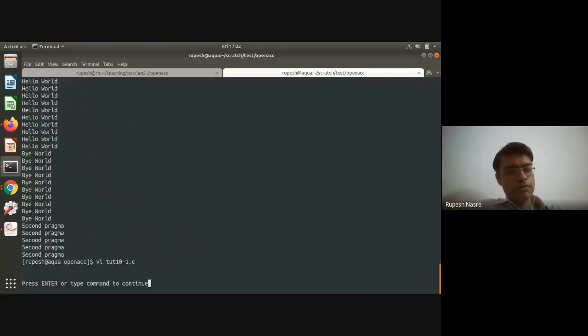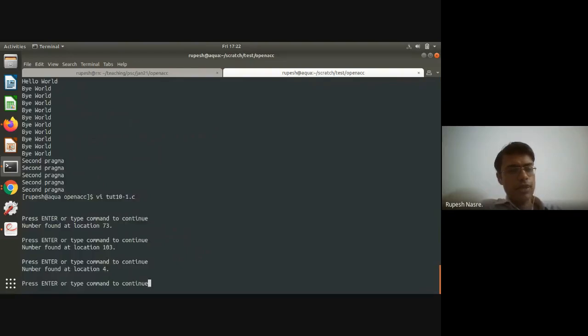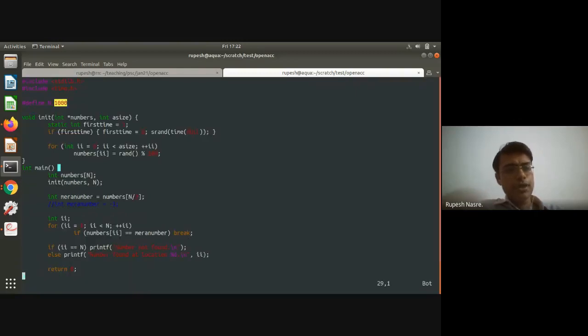So if I try to compile and run this code, it finds it somewhere, right? I can run it multiple times and it finds it somewhere. So sequentially this is likely to be reasonable code, because Mera number I have set as always taken as numbers of n by 2.